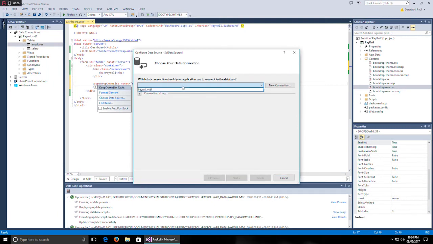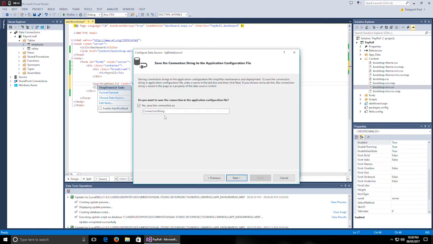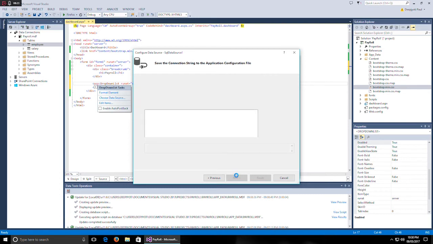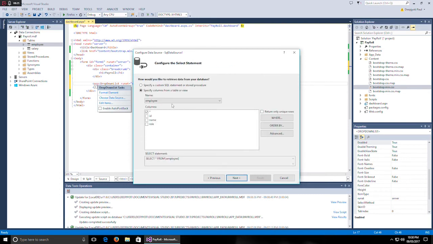And in the drop down list you can see our payroll.mdf file, the database we created. So select that, and it is only for the first time it wants to save this connection string in the web.config file. So click on next, and now we will need to link which table, which column will go to our drop